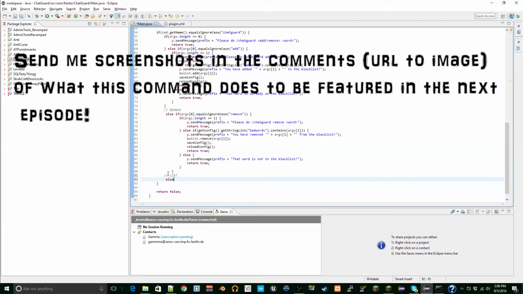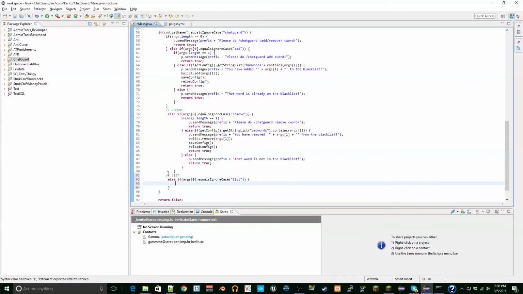We're gonna make a list that lists off all of the words. args[0].equalsIgnoreCase("list"), then we'll do int i = 1, p.sendMessage(prefix + "blacklisted words"), enter,